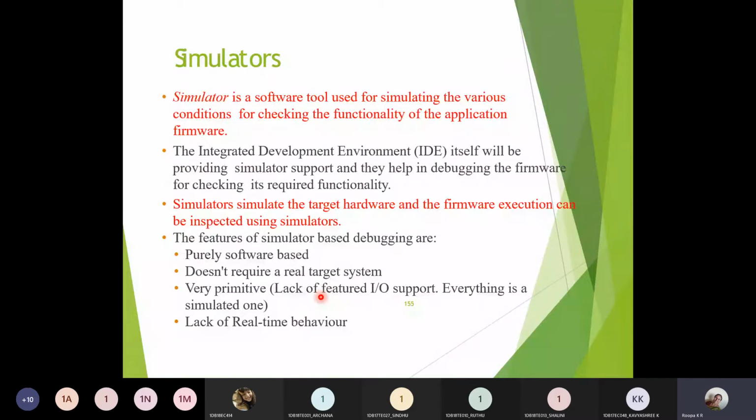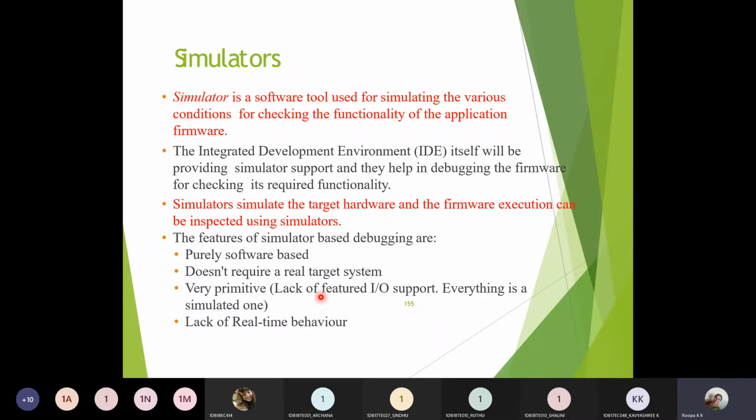Next we have simulators. Simulators are the tools which are used for simulating a circuit. Whatever circuit you are building, instead of using the physical components, you'll be developing the schematic of the circuit on a software tool, and for different input combinations, the input will be processed according to the circuit and you'll get the output.